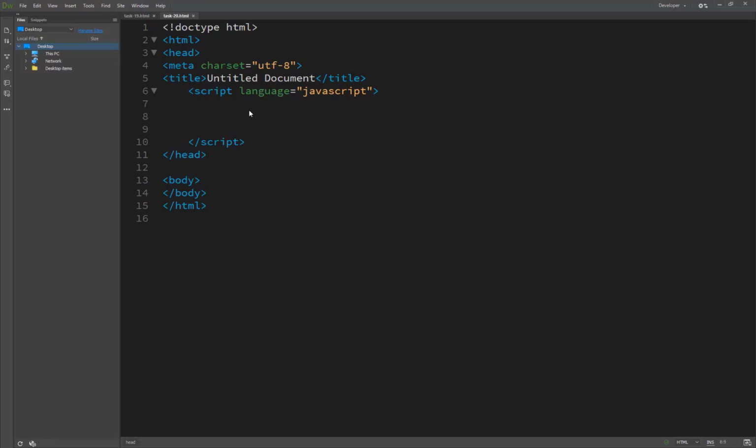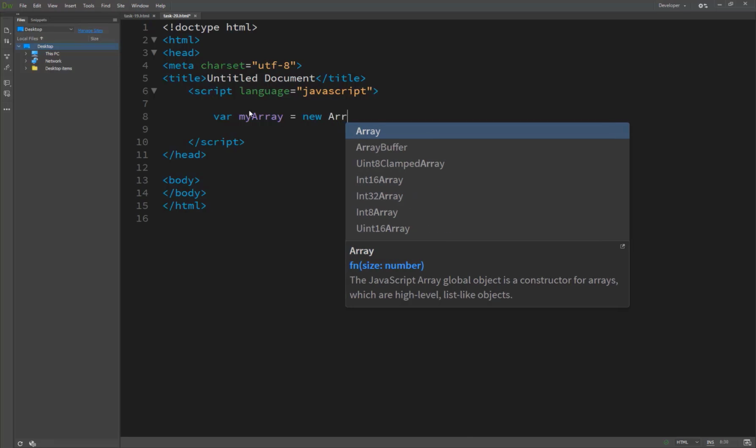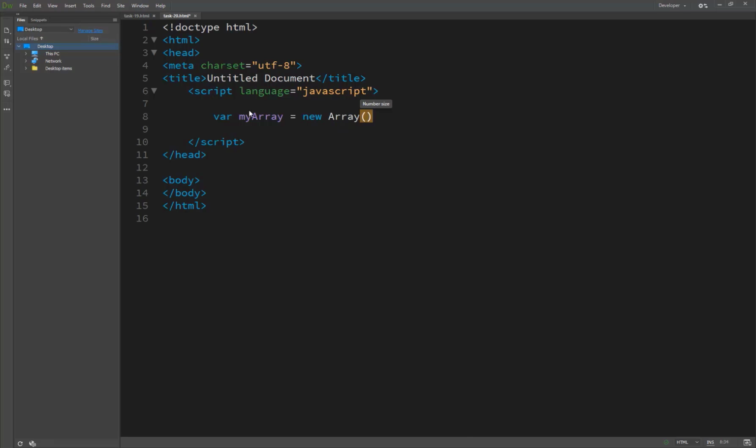So we are just typing here, creating an array. First of all we use a variable, and let's suppose my array is equal to new array, and we just pass here how many indexes are inside the array.